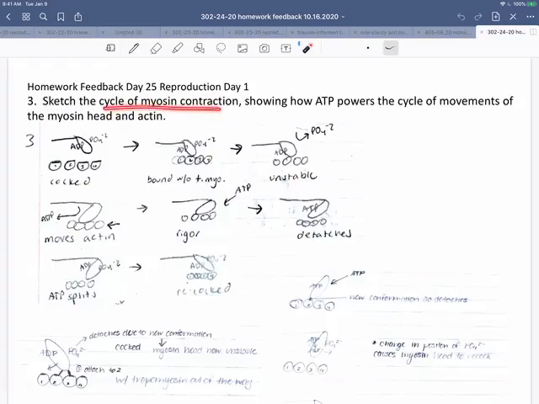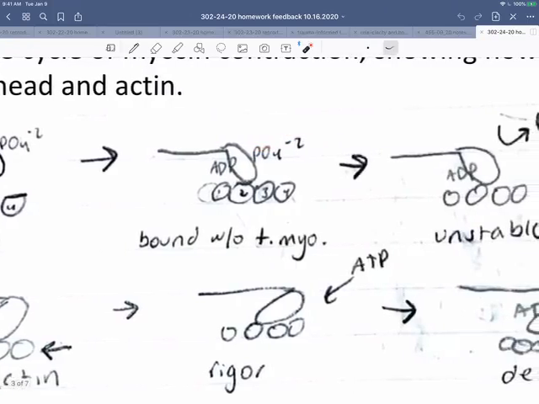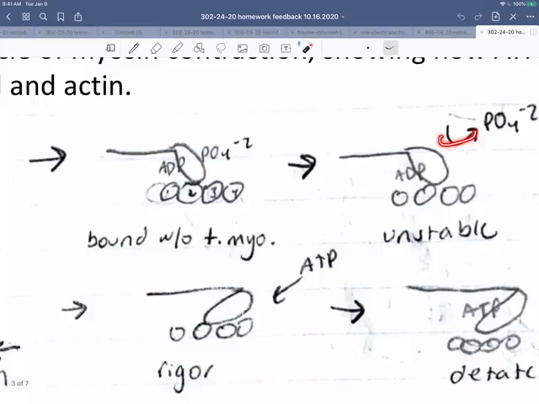The cycle of myosin contraction. So we start off in the cocked position with an ADP and a phosphate, held in binding pockets, not covalently bound, just held in binding pockets. Upon binding, that binding pocket for the phosphate opens up, and the phosphate pops free. Losing that -2 charge violently causes, here's the phosphate popping free,